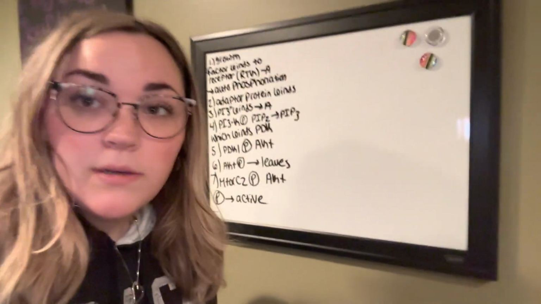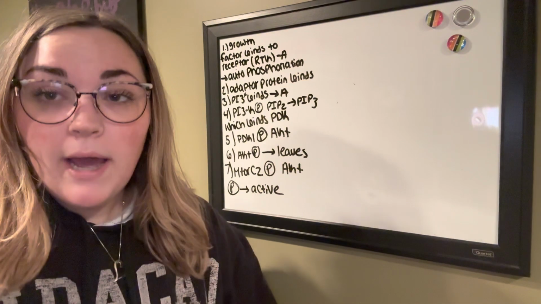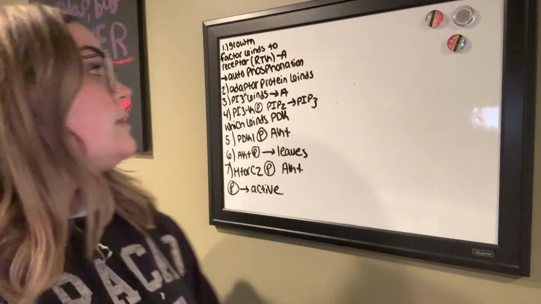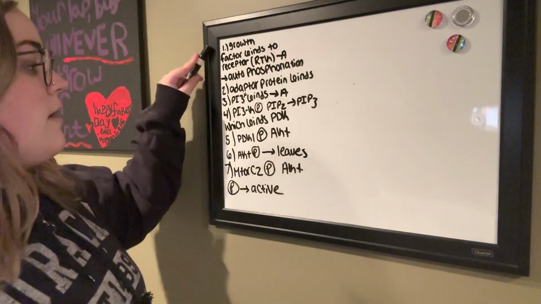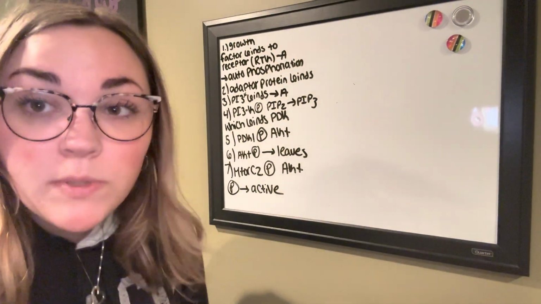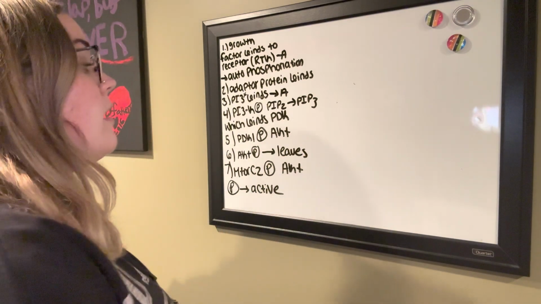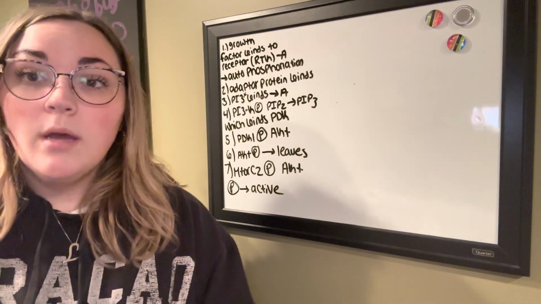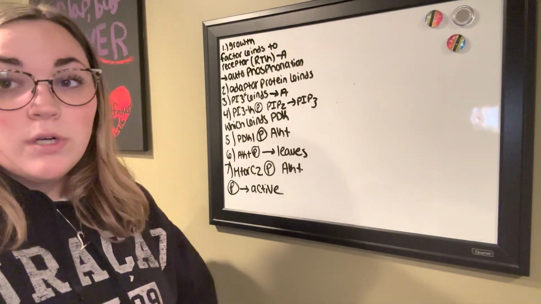So today we're going to be going over the AKT pathway, and this is the pathway right here, the steps. Since it's kind of hard to see, I'm just gonna go through them before we start. So the first step is a growth factor,